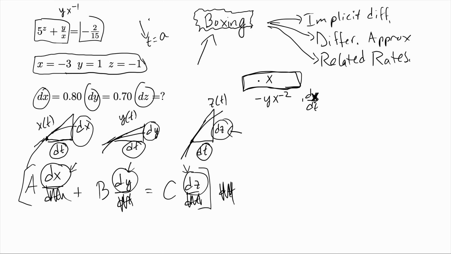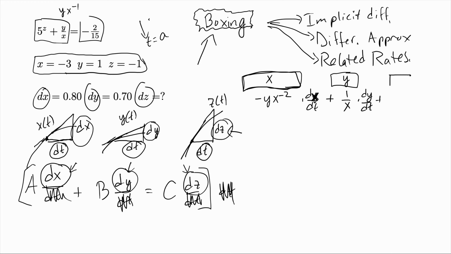with respect to x when x takes the stage as a box, but we add to that what happens when y takes the stage. When y takes the stage, then x to the negative 1 is like a constant. So it's just constant times y. And the derivative is just going to be the constant. It's just 1 over x is the derivative of that side with respect to y when y takes the stage. But then at the end of the boxing, you put down the derivative of what was boxed, dy dt. And then you add to that,